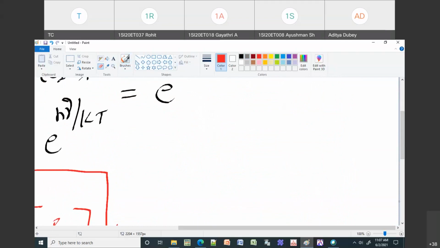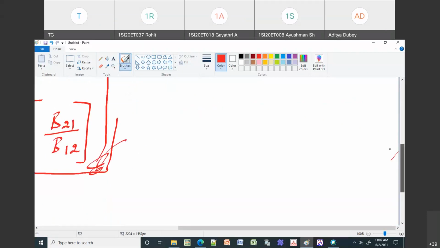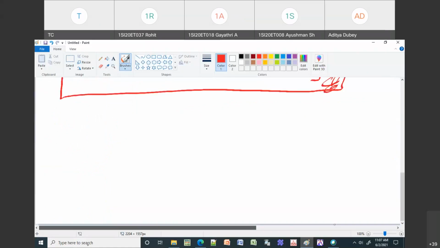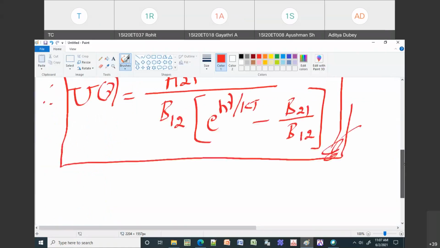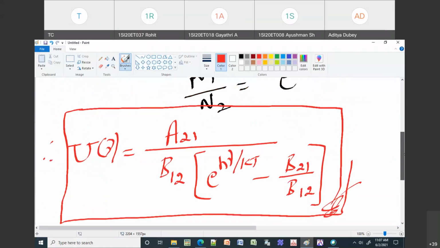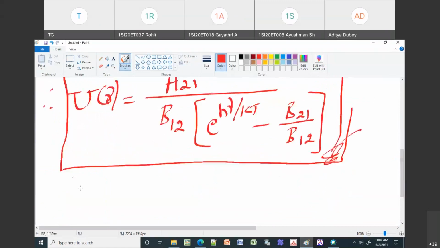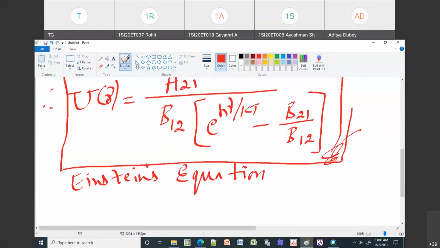Okay, so now this is sufficient for derivation, but sometimes you may have to do some more steps. I think I will try to do it here. So this is what Einstein derived. This equation was derived by Einstein, so it is sometimes also called Einstein's equation, because he derived it by considering all the things we have done in the previous slide also.